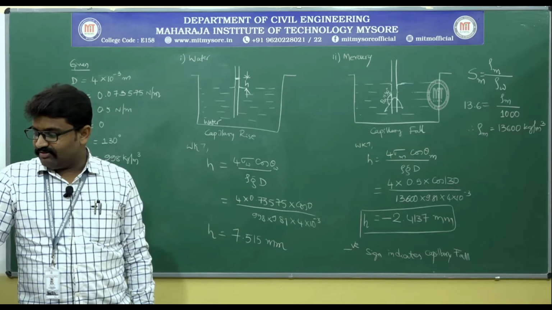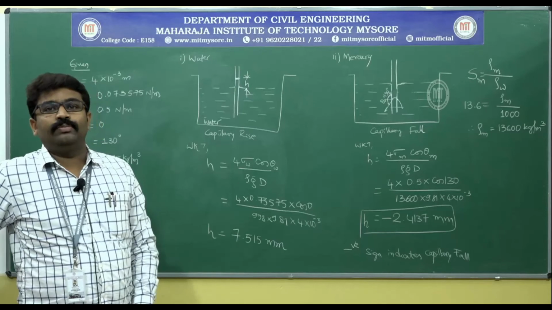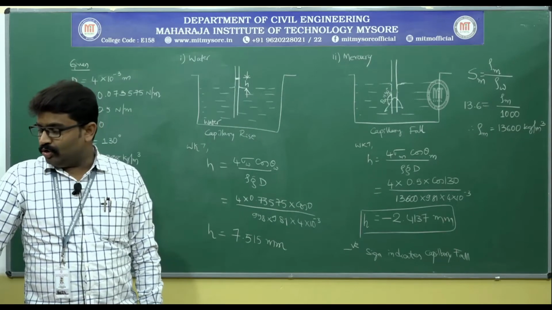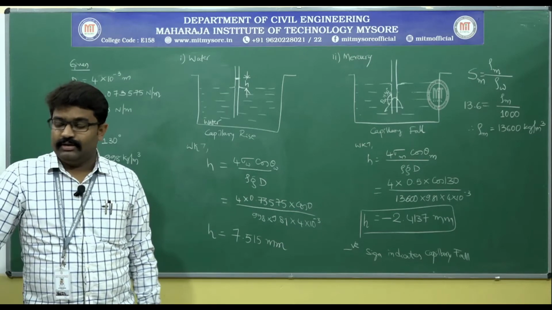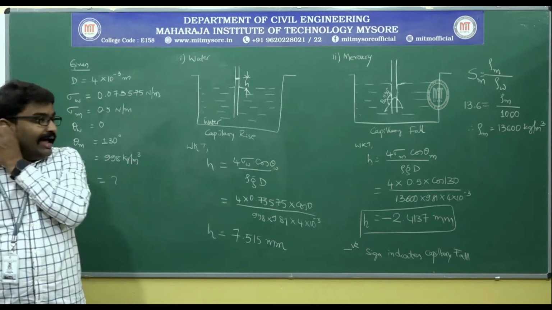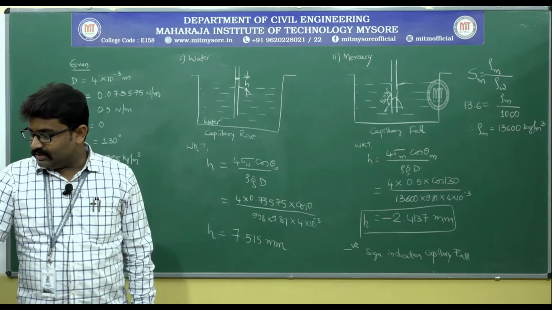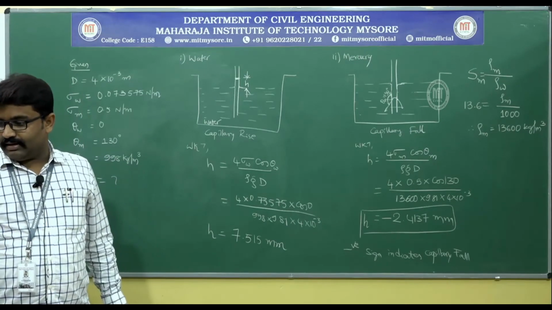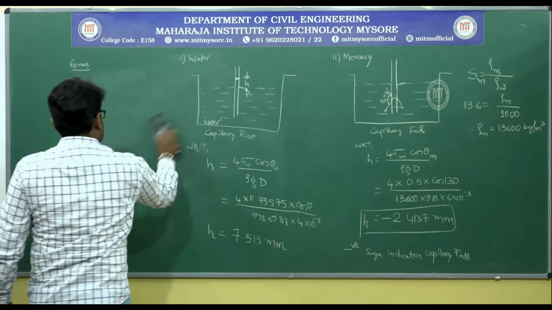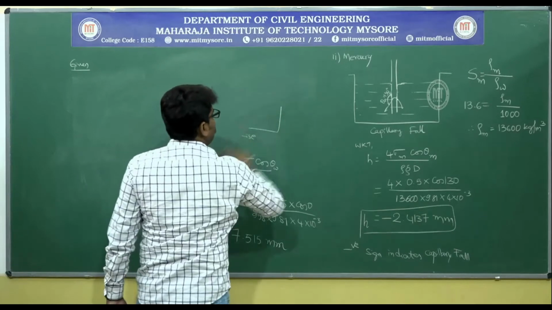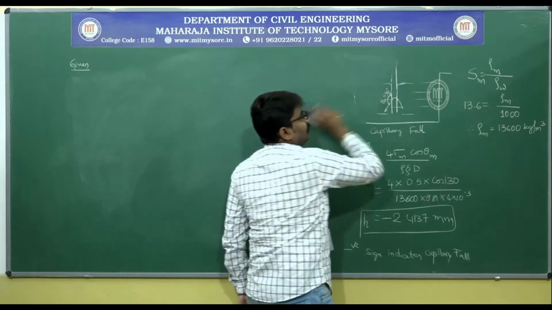in two tubes? Take the surface tension of water as 0.073 Newton per meter. A simple problem, but a little application of the understanding that you have taken from the